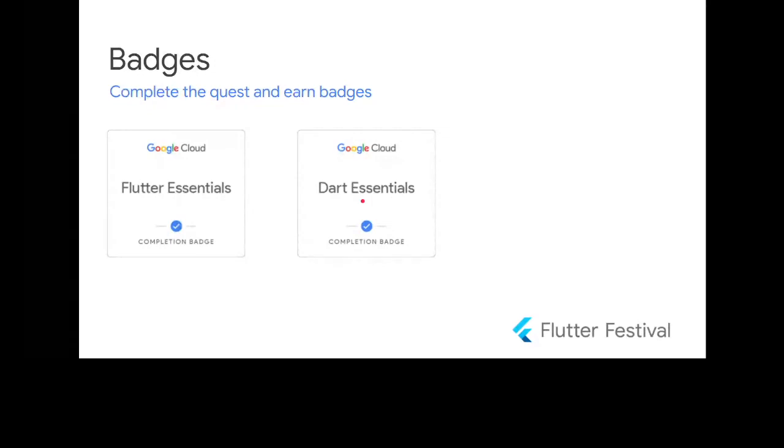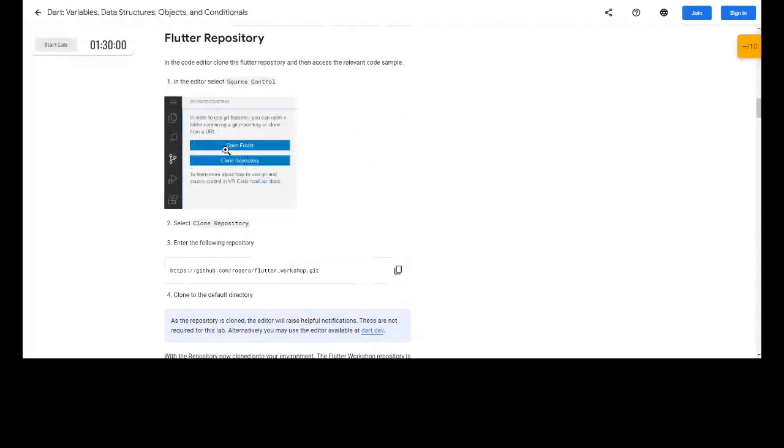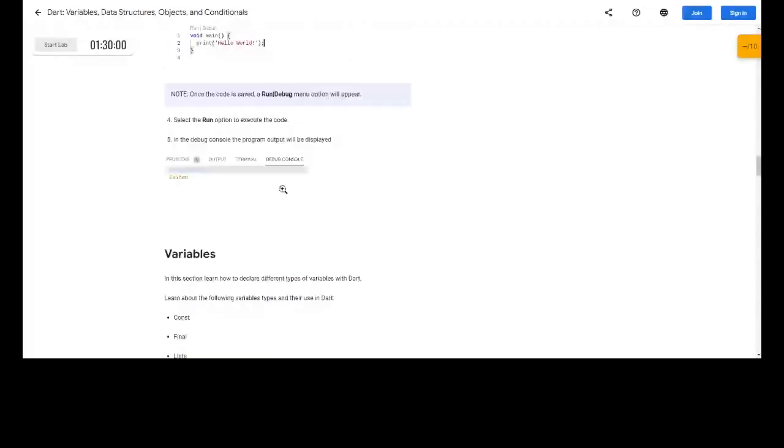So in Dart programming, there is an introduction to Dart, how we can declare variables like this. You can see it step by step, how we can create a project and some other things. I'll be showing how to create a project. Simply run this in your application. Simply copy this and paste it in your application and get your values. So all these things you can learn in this quest. After completing this quest, you can